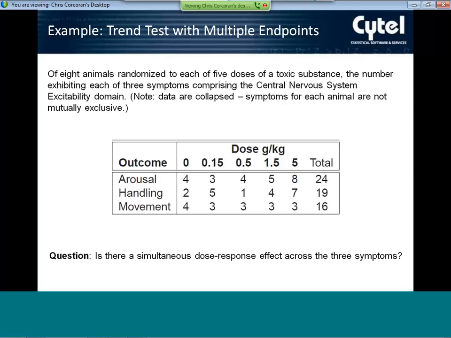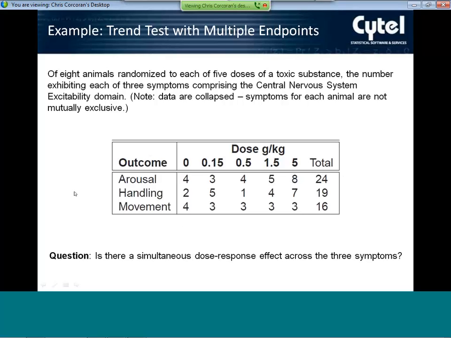So in other words, the different symptoms for each animal are not actually mutually exclusive, and there were 8 animals per dose. So this first column is telling you that across these 3 symptoms, there were 4 animals out of 8 experiencing the first, 2 experiencing the second, and 4 experiencing the third. And some of them may have been the same animals, but all I'm doing is collapsing here just for the